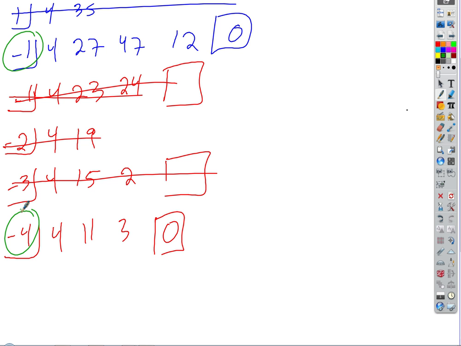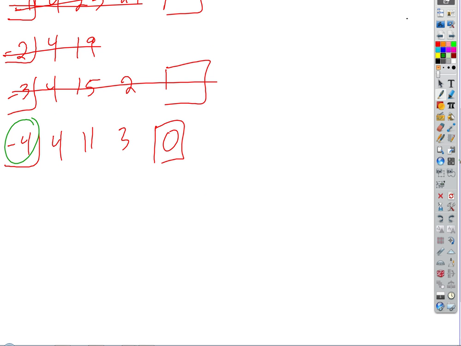What's the size of the remaining polynomial? It's quadratic, right? And you can kind of see something else here. The more you do this, do I even have to really write it out? What are the values of A, B, and C? 4, 11, and 3, right? So why not just use the quadratic formula? Did everybody see that? This is A, that's B, and that's C. Get it? Okay, so then the other ones are going to be,